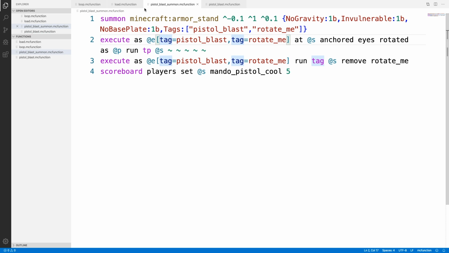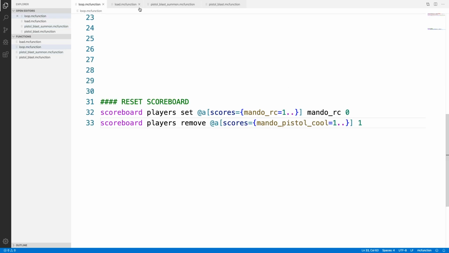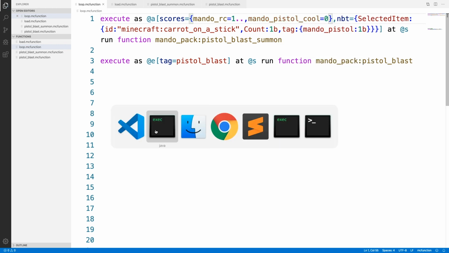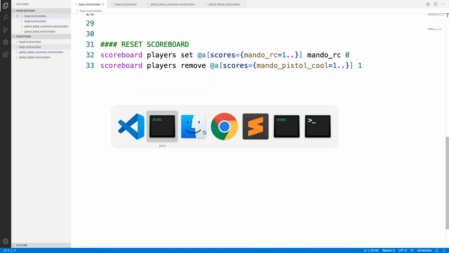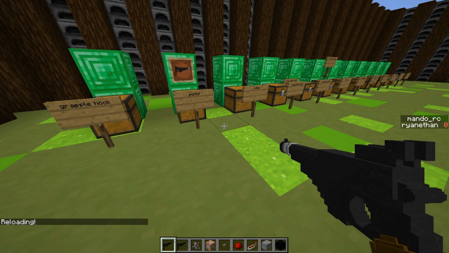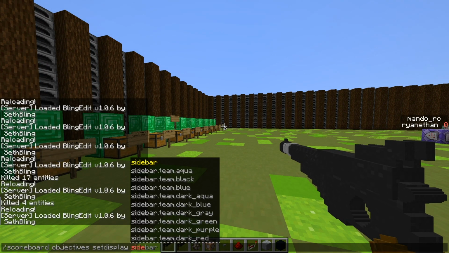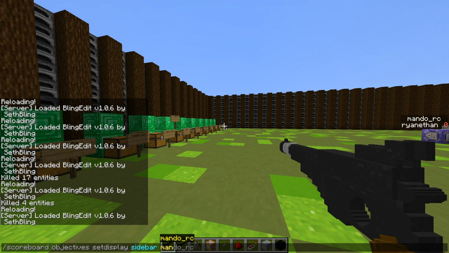And so I'll make sure that it only summons if Mando Pistol Cool is equal to 0. So over in loop where it runs summon, I will make sure that the scores also has Mando Pistol Cool equals 0. So now if I do /reload and I do /scoreboard objectives set display sidebar Mando Pistol Cool,